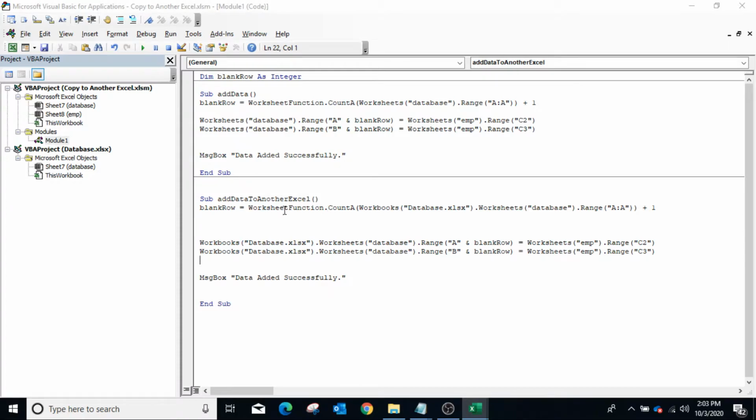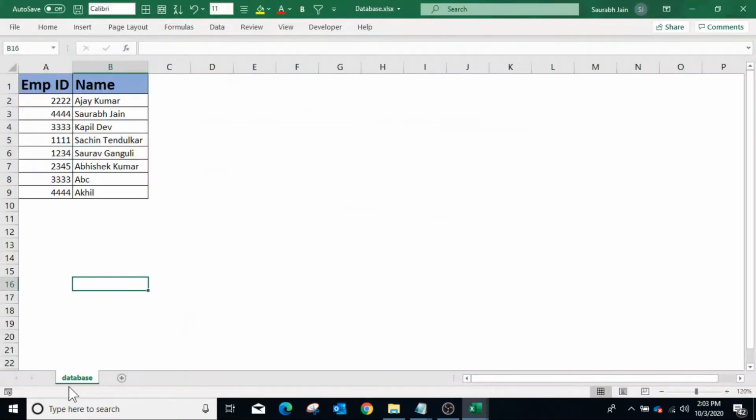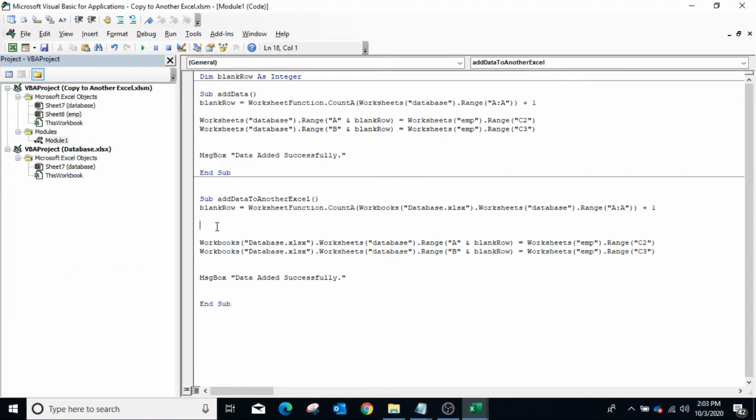Here it will give a number of blank row available in the database sheet of database.xlsx file. Here workbooks refer to the collection of all open workbooks.